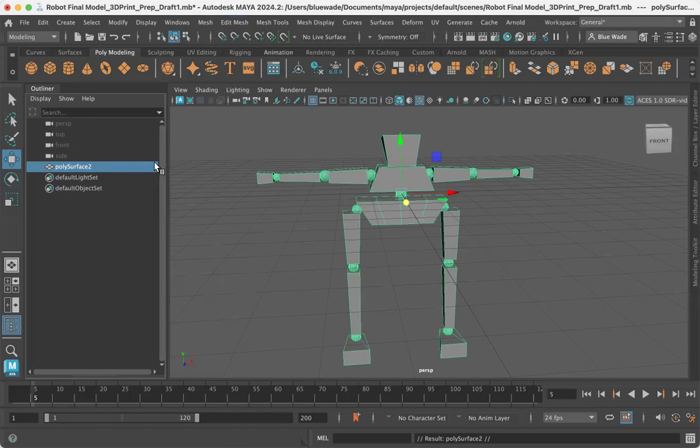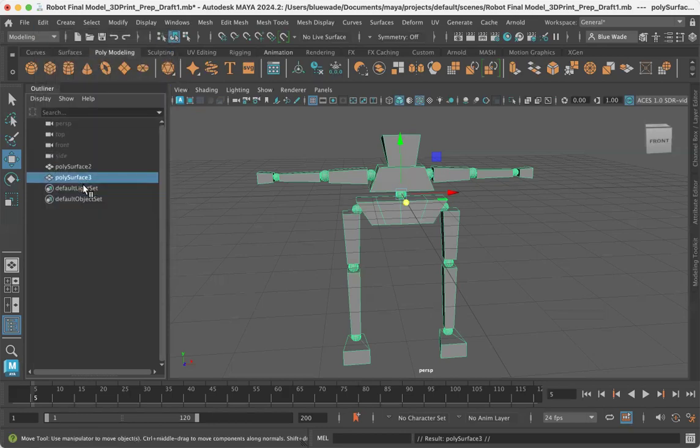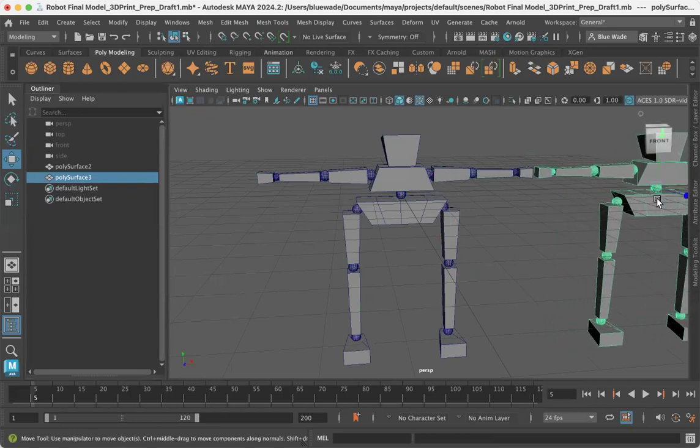Okay. So here we are with this, and we're going to want to check our face norms and we're going to want to do a triangulate. But before we do that, we are going to duplicate this. So I'm going to go back to Edit and to Duplicate. The reason why I do that, and I'm going to pull out that duplicate so we can visually see it, is because I'm ultimately going to send two files to the printer. I'm going to send one file of my object that's triangulated and the other one that's not, because usually a printer prefers triangulation. But just in case that printer that we're going to work with doesn't, then we have two files just to make sure that